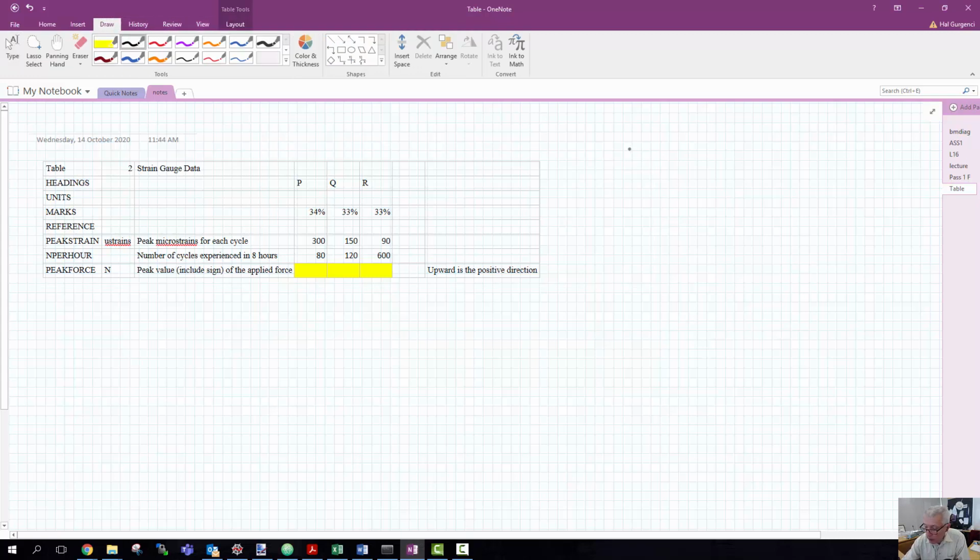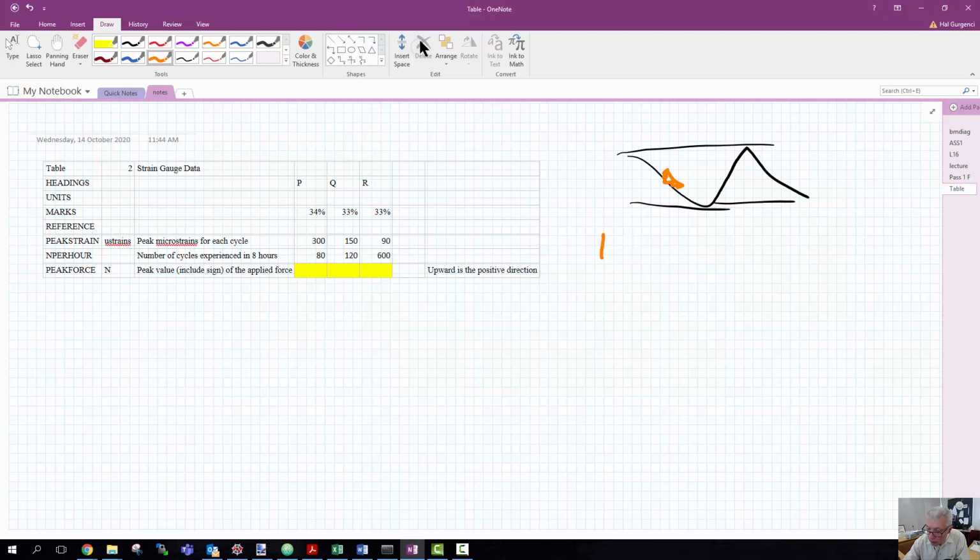I don't know, something like that, and like that. And in one of the members you have a strain gauge, and these strain gauge readings are given in 3 cycles P, Q, R. So if you have a strain measurement, oops, let's get rid of this. If I get this pen, if you have, so you can have